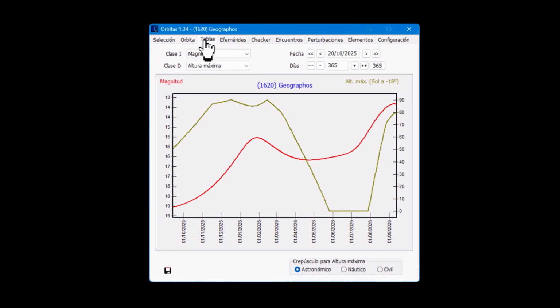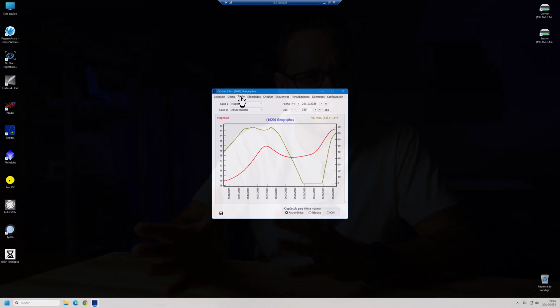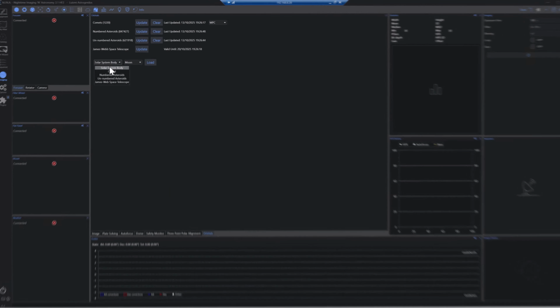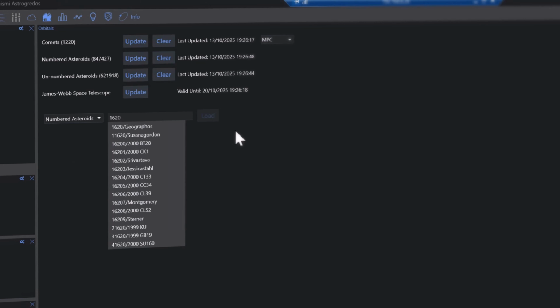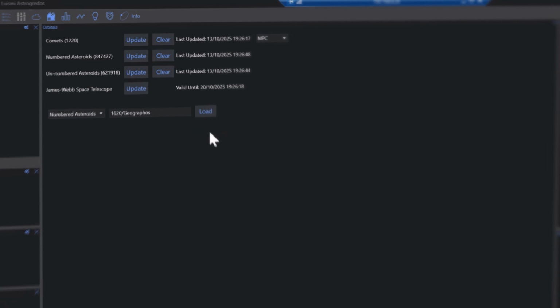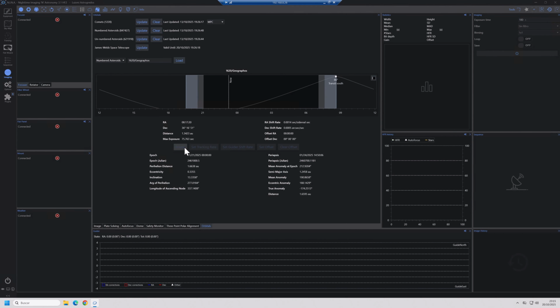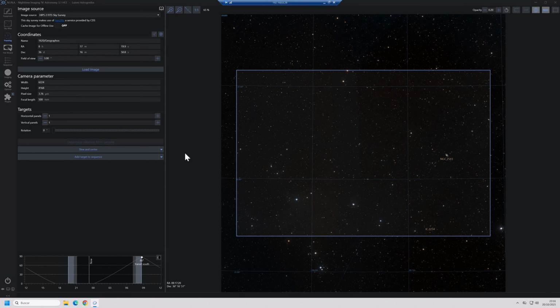It was by combining the information provided by the MPC search tool with the Orbitas software that we put together our list of 10 NEA objects to obtain our code. And finally, to capture the images, we used NEA. The orbital script in this software allows us to search for multiple objects in the solar system. Then transfer their coordinates for our observation night to an advanced capture sequence where we will have the entire night's